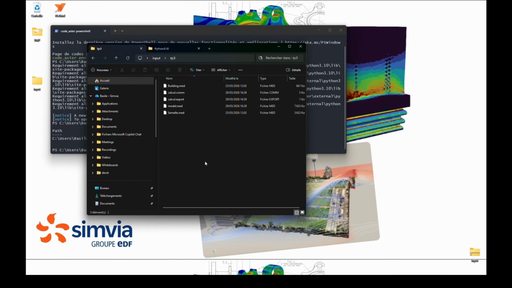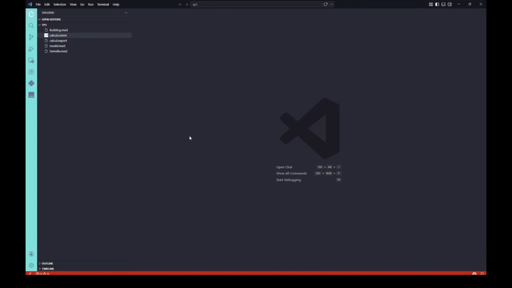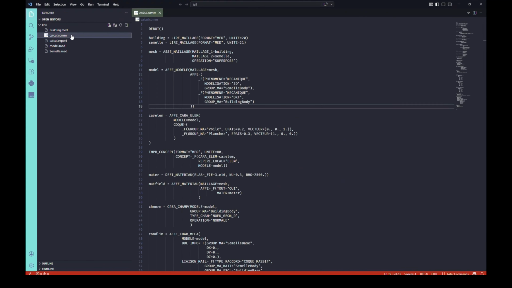At this point, when you open the COM file, you should still have syntax highlighting, and now in the bottom right corner, you should also see a message saying that the LSP server has started. That means the extension is now working correctly and you have access to more features.